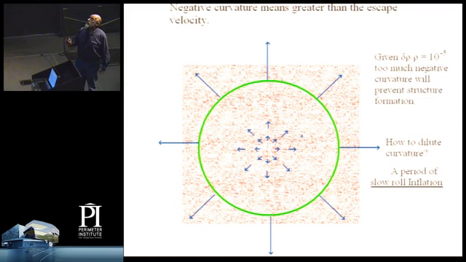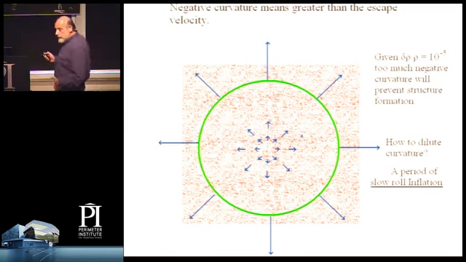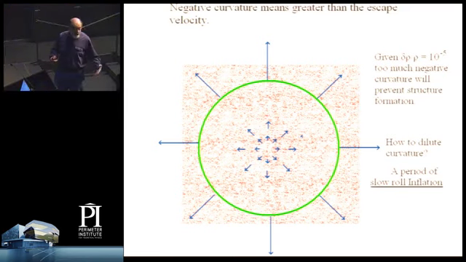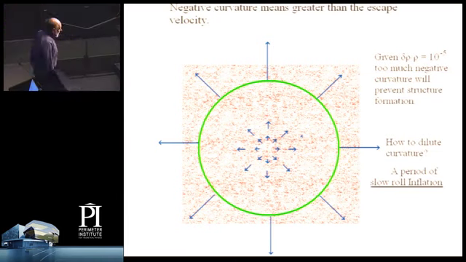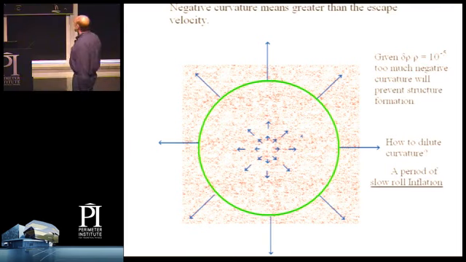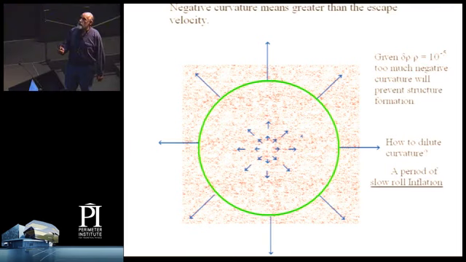So now, this is a given, I'm not going to try to explain this, that the primordial density fluctuations are of order 10 to the minus 5. We have to worry about how much curvature we can tolerate at the time of structure formation, negative curvature, and still get what we want, which is us. Right. Now, the answer is you can't tolerate a lot of curvature. So the question is, how did the curvature get down to the acceptable anthropic level? It got down to the anthropic acceptable level by a period of slow roll inflation.